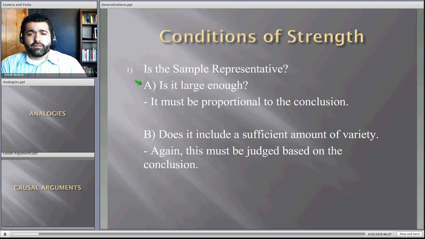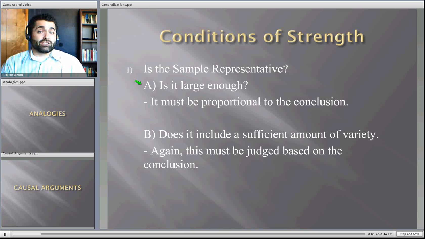I'll give an example. I talked earlier about how I've met 2 police officers. Both of them were jerks. Therefore, all police officers are jerks. In this particular case, my sample size is way too small. I've sampled 2, and I'm making a generalization about hundreds of thousands, right? That's a real problem. Plus, saying that they're a jerk is often very subjective.